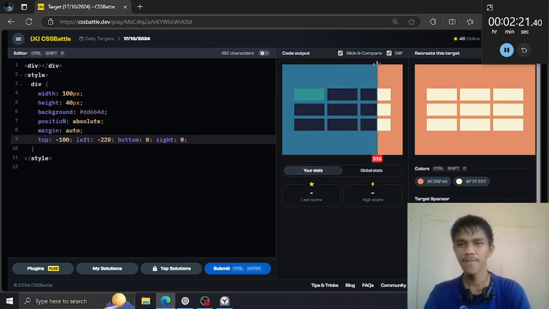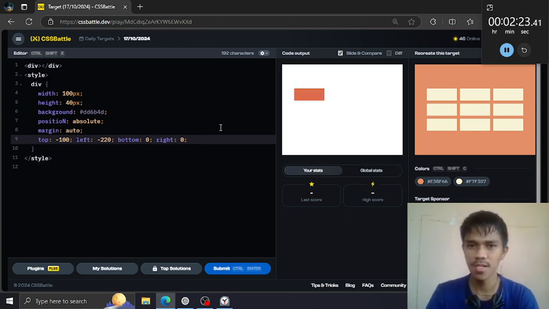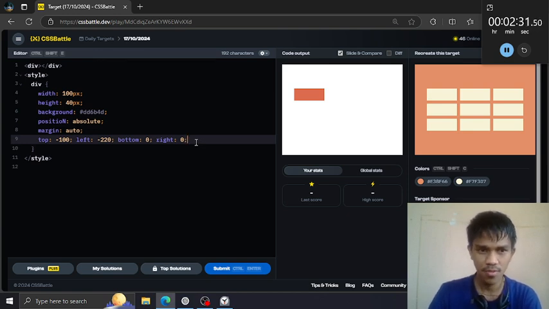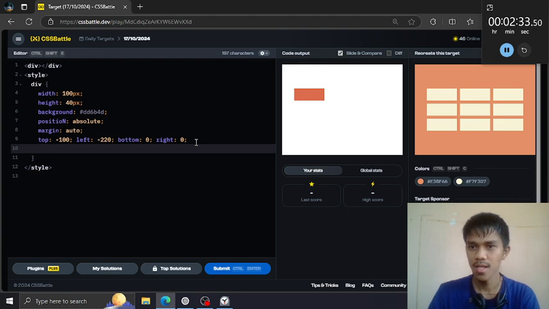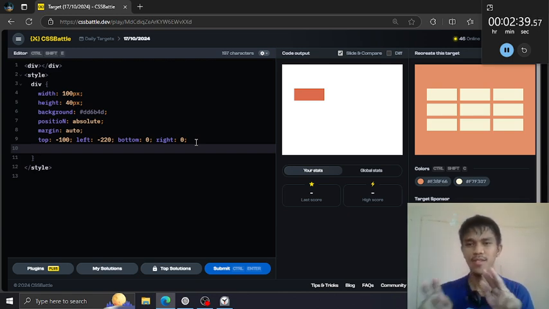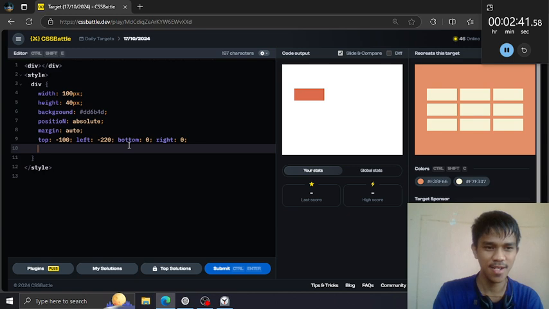Alright, we have now successfully created the one rectangle, and let's create the other 8 rectangles based on this one. So let's create first the left side. The next, it's box shadow,